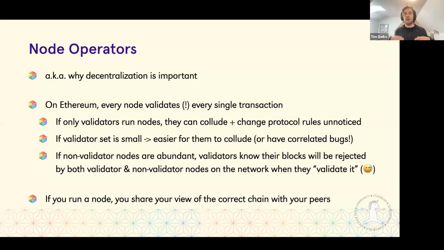And so this is why it's very important to run a node, because when you do so, you're effectively sharing your view of what is correct with all of the other nodes that you peer with on the Ethereum network. And this effectively gives you a say in governance, because it allows you to protect against the consensus participants trying to feed blocks that change the protocol rules. They don't get to create new protocol rules and have all of the other nodes agree to them. They can only run the software that they want, but then they need the entire network to accept those blocks.